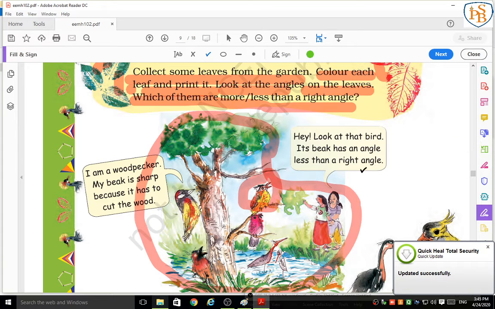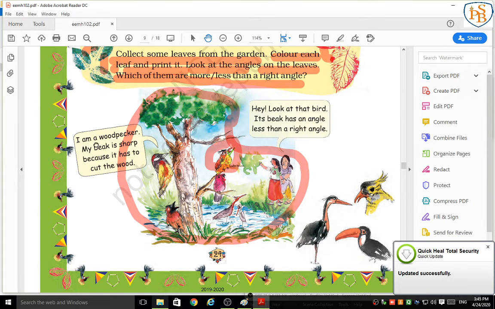If you see, its beak has an angle. So which angle it is? Very good, less than right angle. Correct students? Then next one,